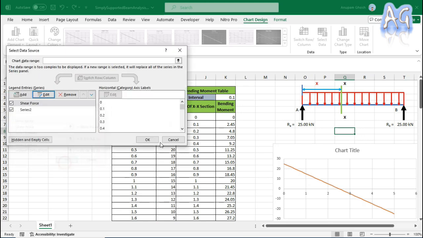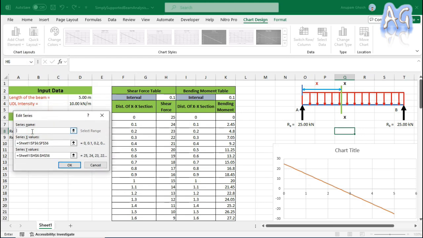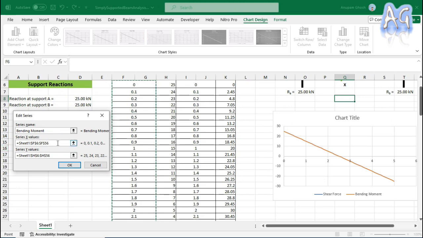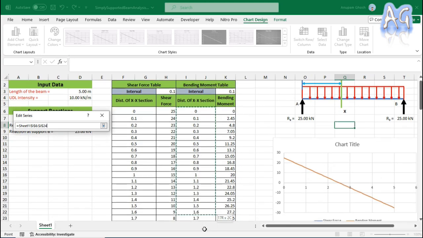Now I can click on OK. So now series 1 is ready. Now go to series 2 and click on the edit option and put the name here, bending moment. Again I will check the X value. So I am going to delete this, it is a wrong value, you can see. So in X value I am just going to put this,